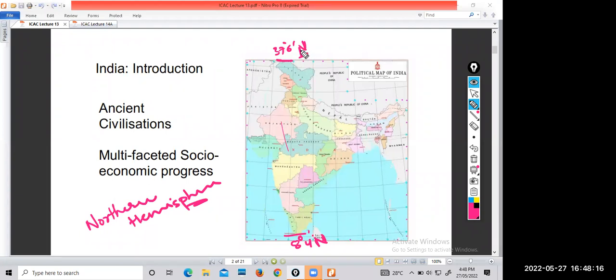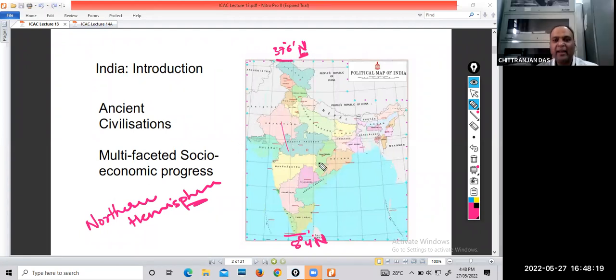Yes, sir. Okay. Then, although we say it is from Cape Comorin, Kanyakumari, to Indira Col, there is a place in Kashmir, that is Indira Col. However, we say from Indira Point in the south, but after the 2004 tsunami it disappeared. So if we say Kanyakumari to Indira Col, it is 8 degree 4 minute to 37 degree 6 minute.